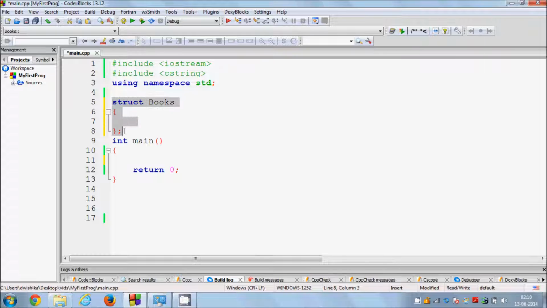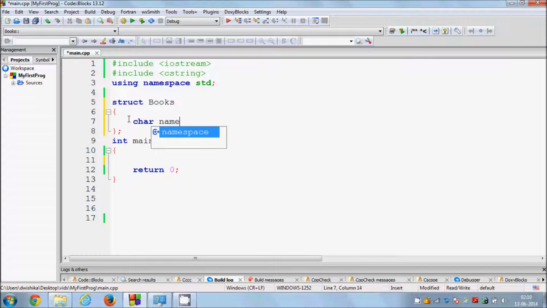Now this is the basic definition of a structure, and inside the structure you can define the traits of the book. For example, a book has some name, a book can be written by some author, and a book has some ID. So you can define it like this: